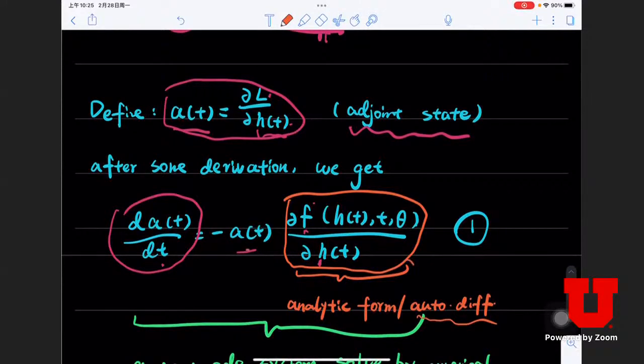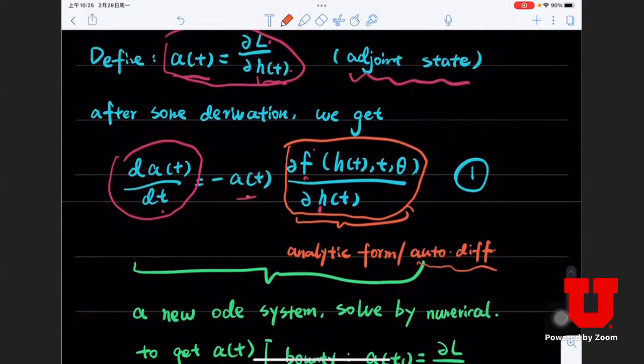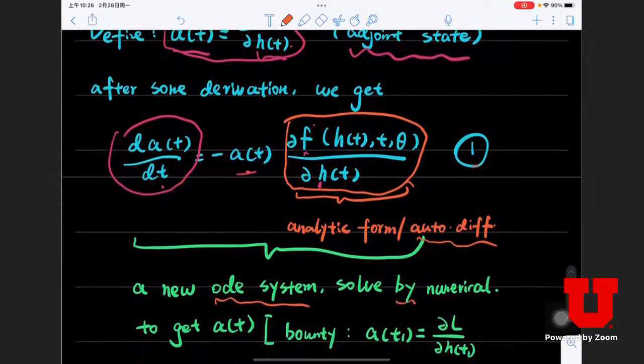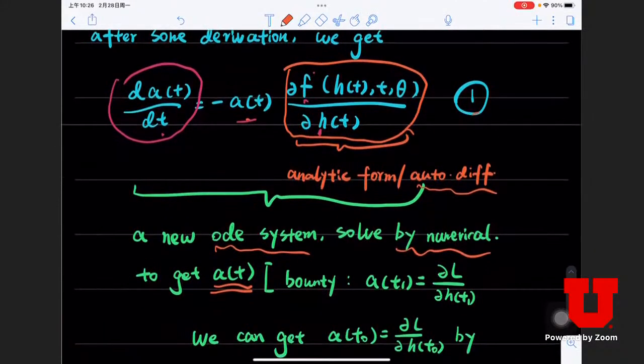And a(t) is something we want to solve. And Formula 1 itself becomes a new ODE system. Every term in this system, in Formula 1, we already know. We can solve this by some numerical method to get a(t). And the boundary is at t1, I mean the endpoint, because at t1,